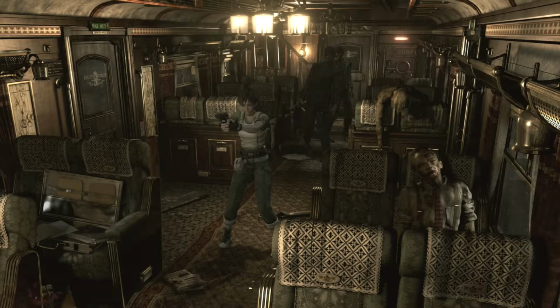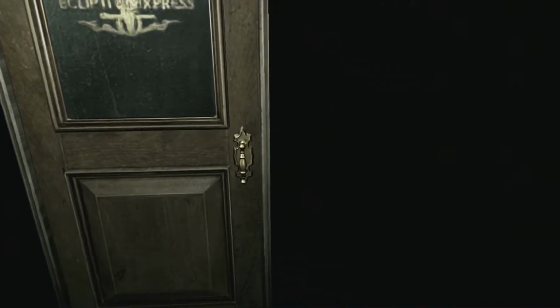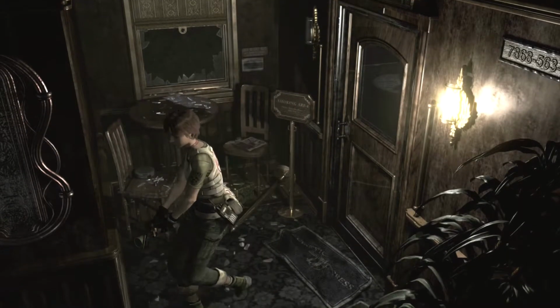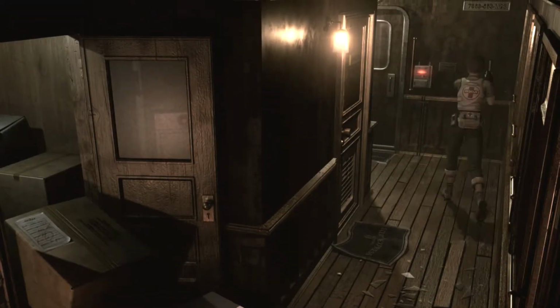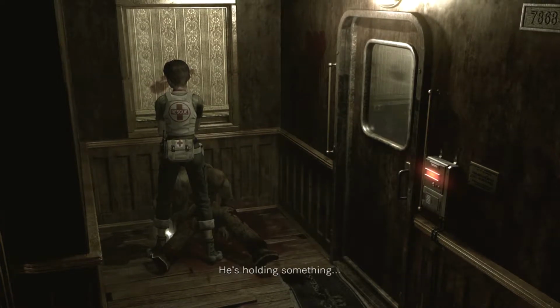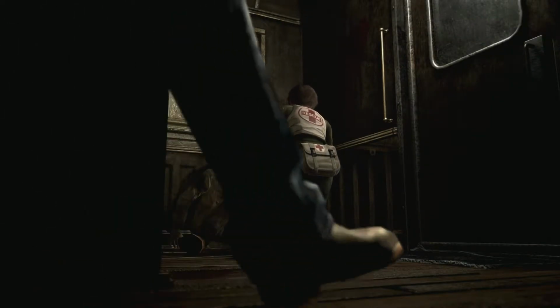So usually the whole game plan is shoot a zombie, get it down, get past it, or just avoid it by running around it. Now, the first part of Resident Evil 0 takes place in a train, so there are small corridors and a lot of combat is required, which I think they did on purpose just to make sure your ammo is depleted well enough. He's holding something. Let's take the train key, and that's the other part of Resident Evil. I'm going to go into that soon, but first